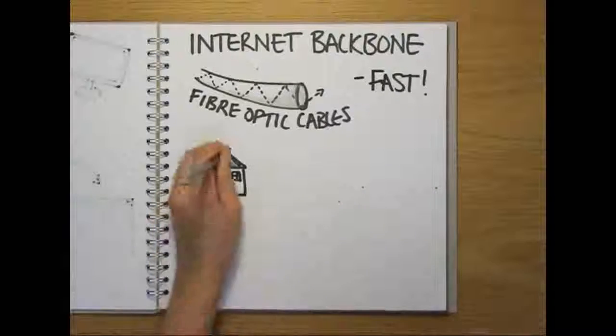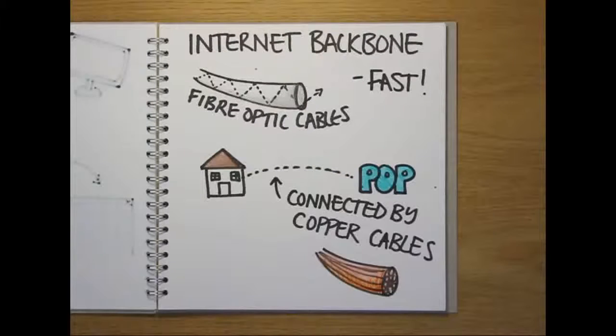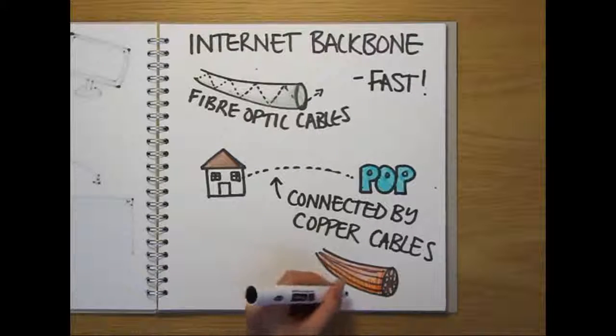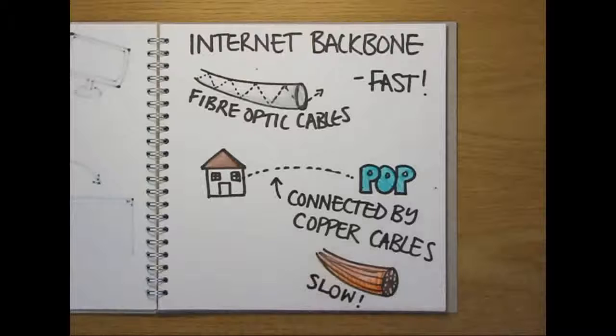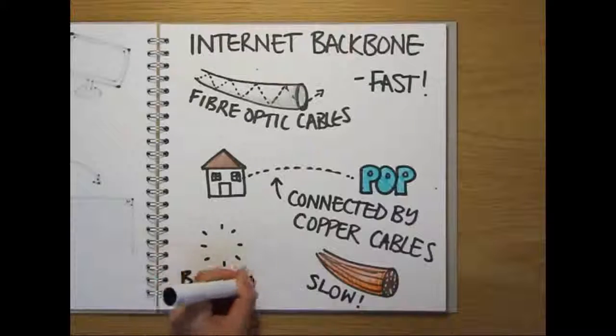But for most people, the journey your data takes across the internet usually begins and ends in copper cables that connect your home or office to your ISP's point of presence. And because transmission speeds in these lines are much slower than in the fibre optic cables that make up the internet backbone, the majority of the delays in downloading or uploading data occur within just a few miles of where your server is sitting. So if